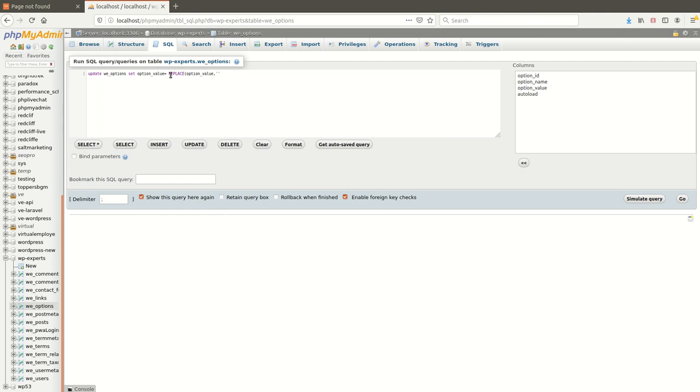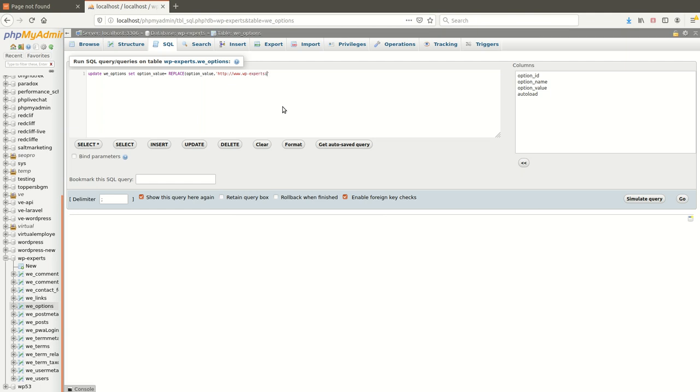Here there are three parameters in the replace function. First is the field name, option_value. Second is your old URL. As we have downloaded the site from the server, our old URL will be our live site URL.